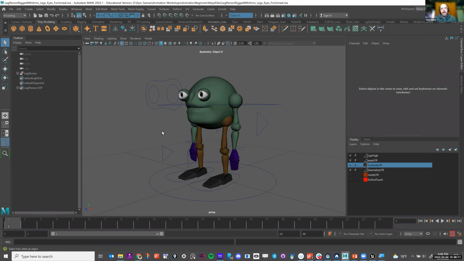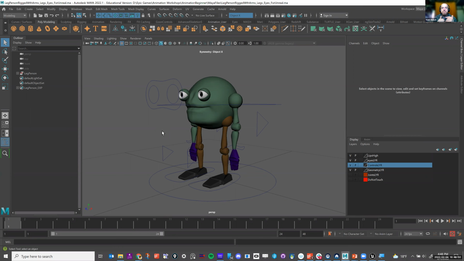When we're exporting our characters out to Unreal, we want to be able to export out the geometry and the joints. Those two things are the most important because that's what Unreal is going to look at when we export these things. It'll bring in some textures, but for the most part, to get the animation working, you need to have the joints selected and the geometry selected. And you also need to have those selected consistently.